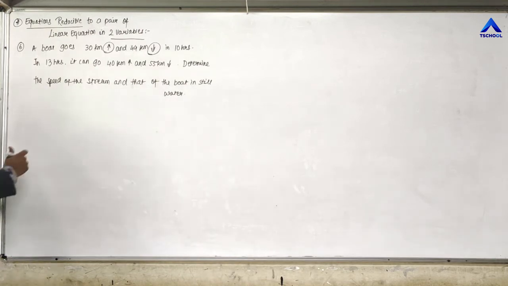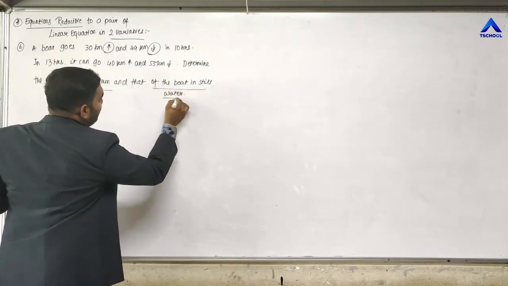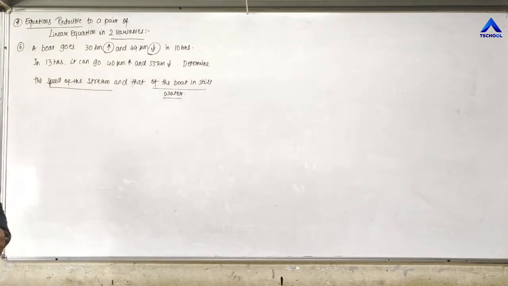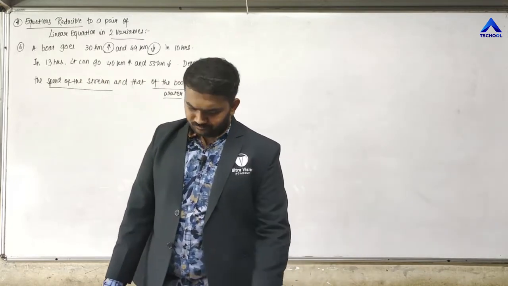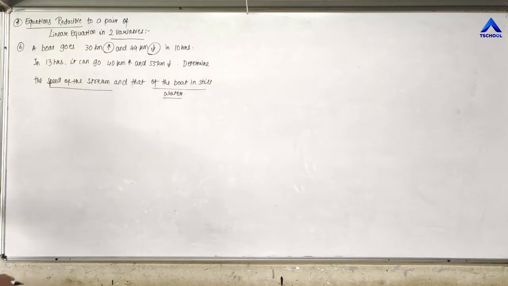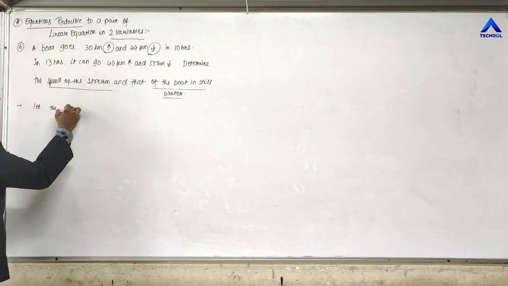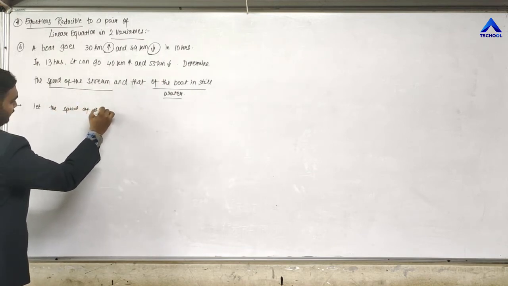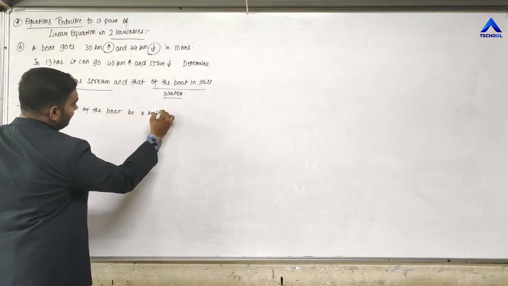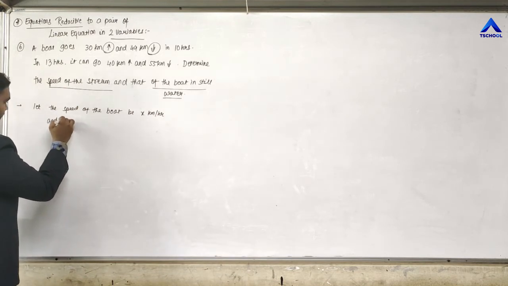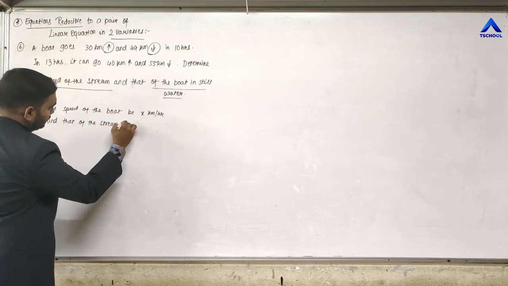So first of all, look at this question, friends. We need to find out the speed of the stream and the speed of the boat in still water, assuming that the water is still when we noted the speed of the boat, right? So coming to the condition here, assuming that the speed of the boat be x km/h and that of the stream be